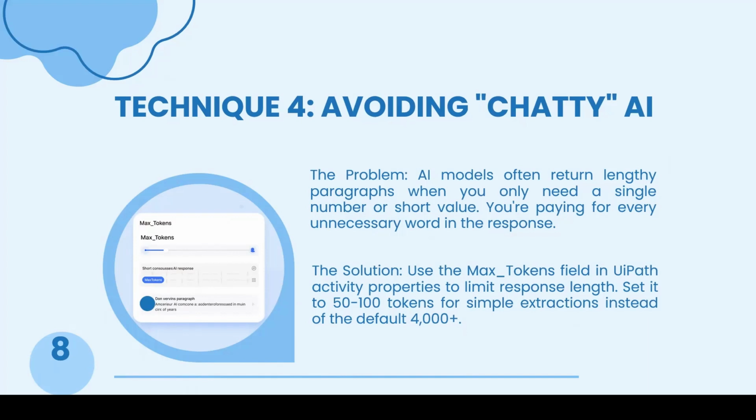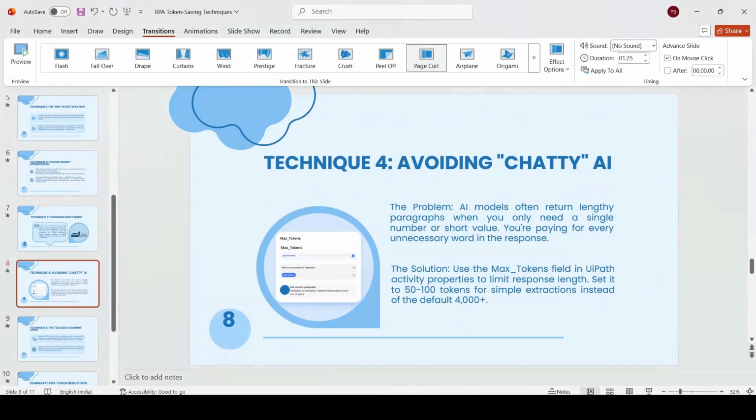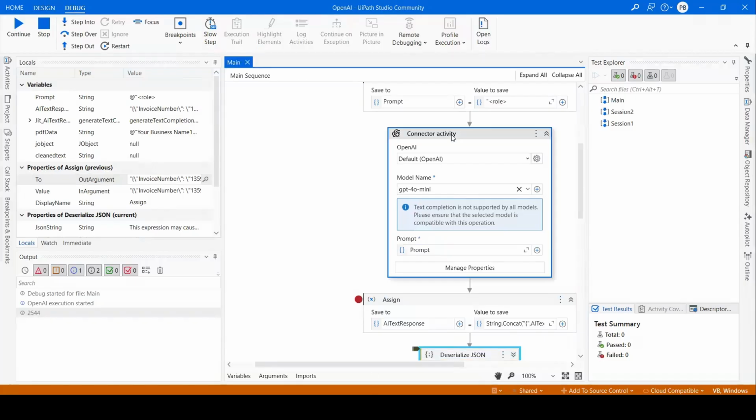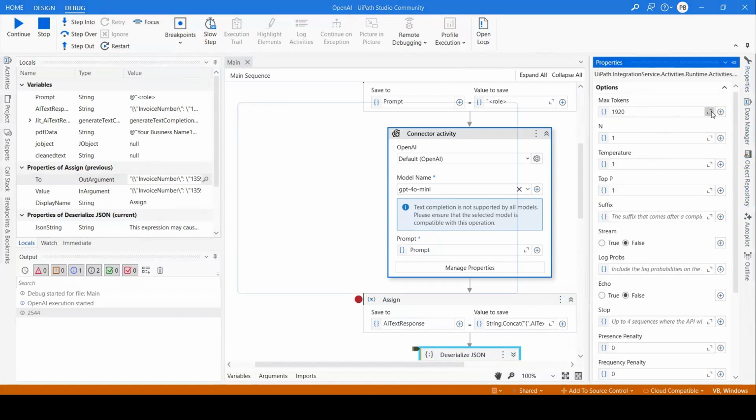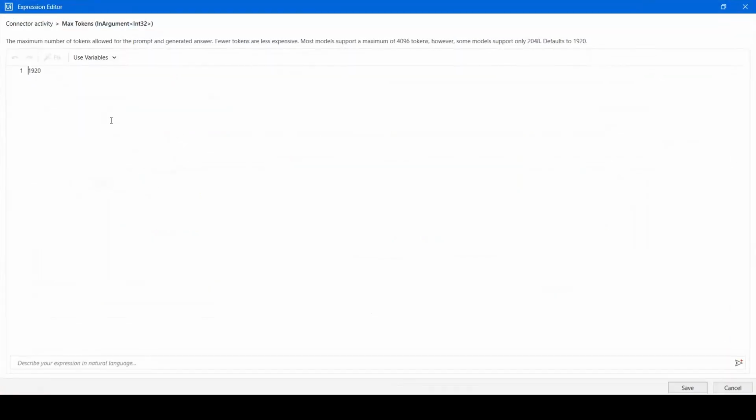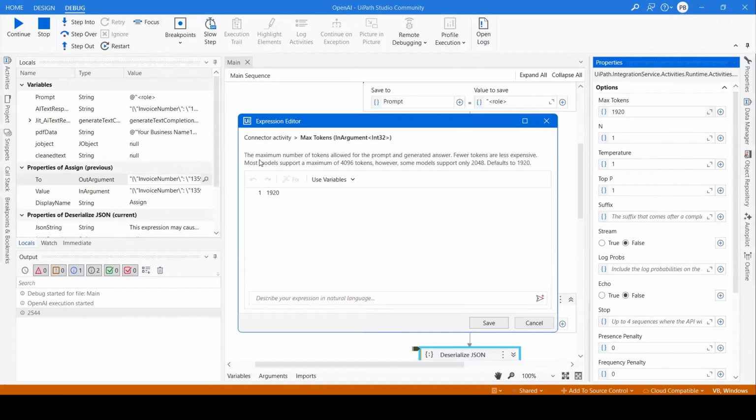Let me go to that UiPath screen. In your OpenAI activities, go to properties. You would see here max tokens. If I just read through this, it is the maximum tokens allowed for a prompt and generated answer. Fewer tokens are less expensive. Most models support a maximum of 4096 tokens. However, some models support only 2048. The default value is